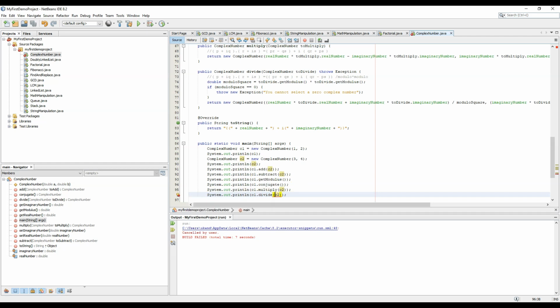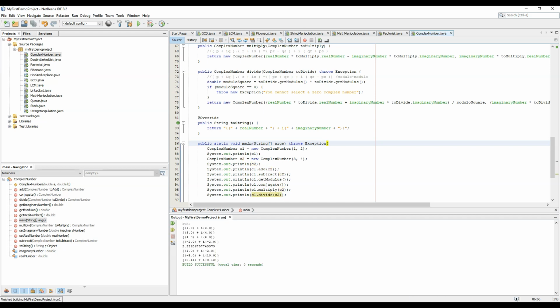So let's throw it on the main. Throws exception. So now let's run. So it is calculated 0.44 plus 0.12 iota. Again, you can verify it to be correct.